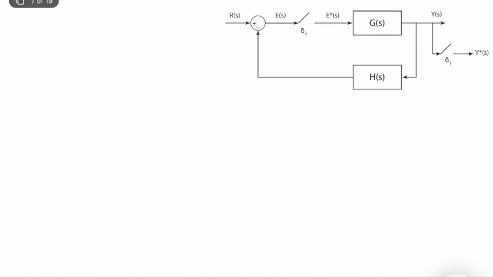cases, feedback diagrams, which is quite important for our course. So let's analyze the feedback structure. We have R of S or R of T. The reference signal is continuous. We have Y of S or Y of T. It's continuous, of course. So when we sample here, we obtain Y star of S, but as you